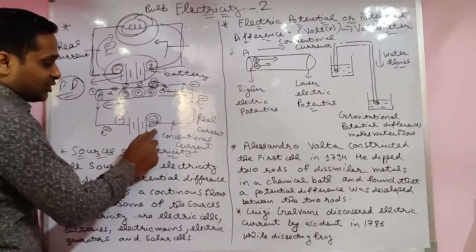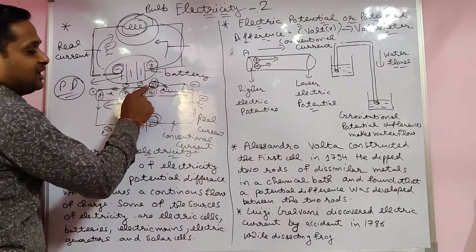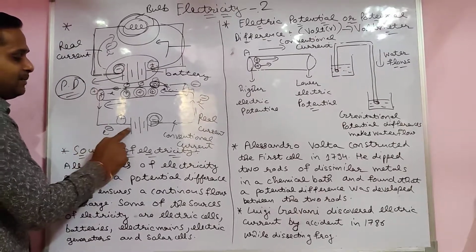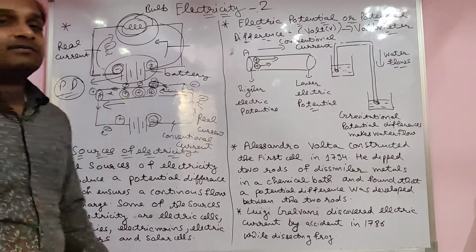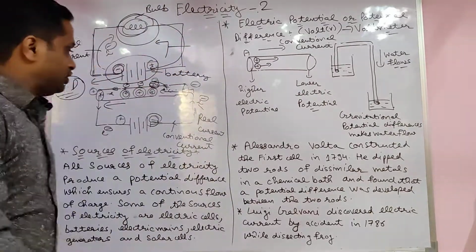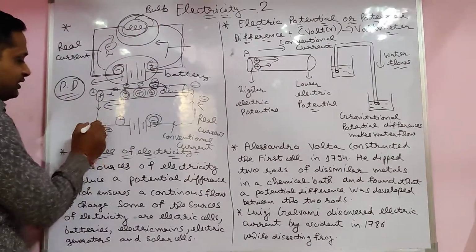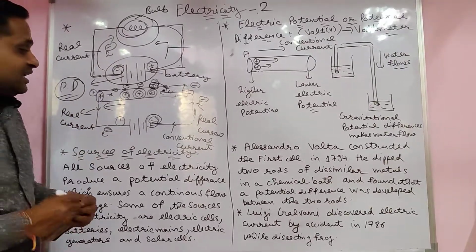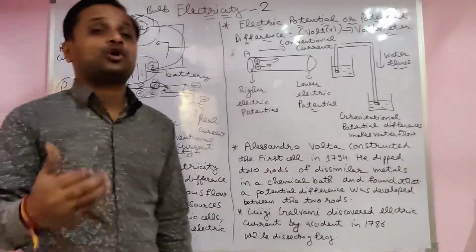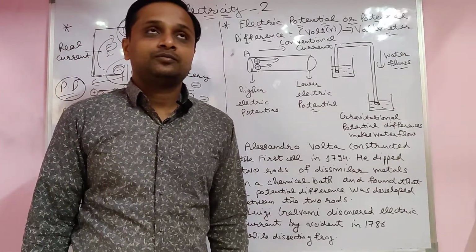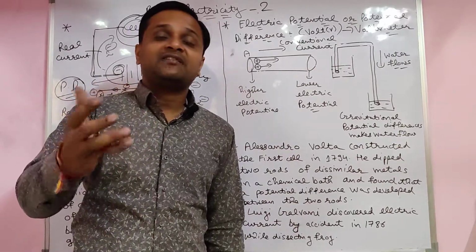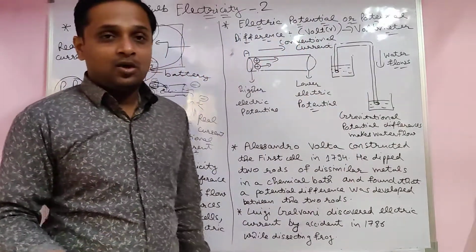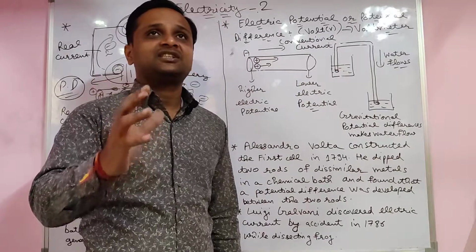The second way: the electrons coming from the wire strike the atoms, eject electrons from the atoms, and all electrons move to the positive side and come back into the positive terminal of the battery. The side where the electrons move is called real current, and the opposite side, where the positive charge moves, is conventional current. If in any cell positive and negative ions move in one direction, that also produces current. When charge flows in one direction, that produces current.